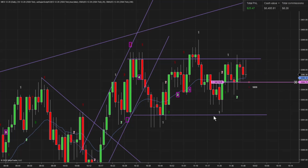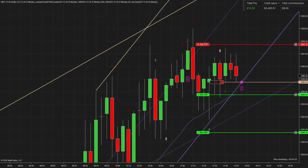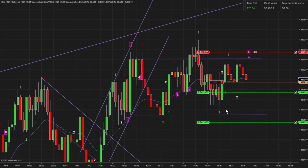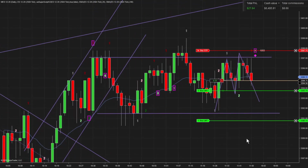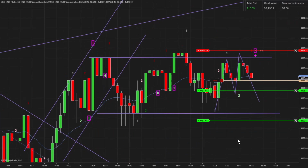On the 2K chart, hitting the top of this range with a two-legged pullback. Trap triggered. Trap here. Also on the 2K chart, top of the range with a two-legged pullback. A, B, C. Hopefully we get a scalp here. More so on the fact that this was a trap on the 5-minute chart. There's confluence here, so